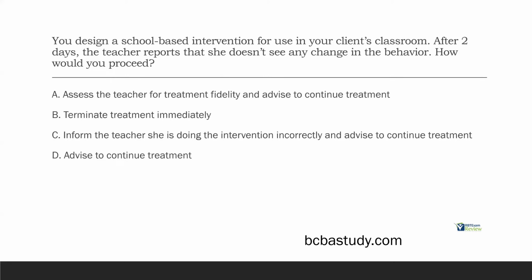And then D, advise to continue treatment. Well, we can advise her to continue treatment, but what if she's doing it incorrectly? If the fidelity isn't there, it's not going to be effective. So before we advise to continue, we need to assess that teacher, make sure treatment fidelity is present, and then we can advise to continue treatment. So how would you proceed? Well, you want to assess, make sure everything is right, and then you can advise to continue treatment. A few more data points, and then make